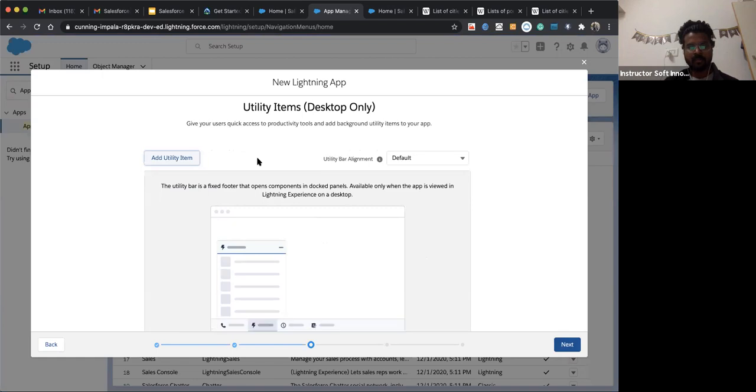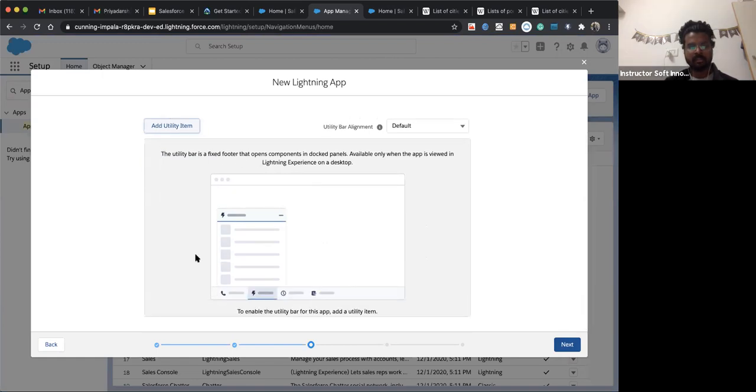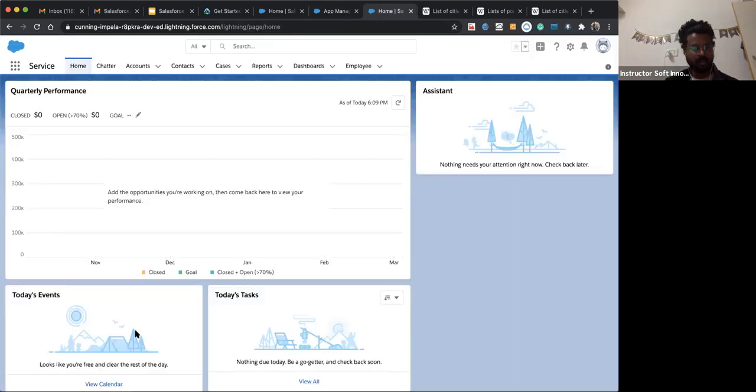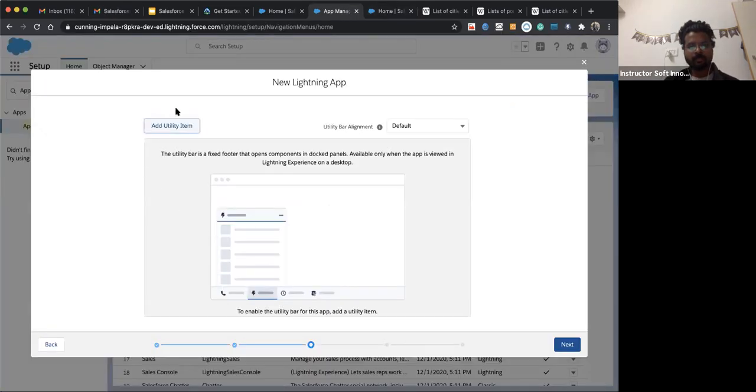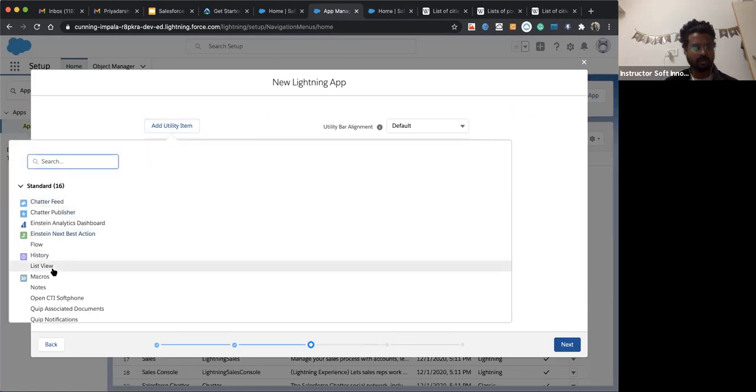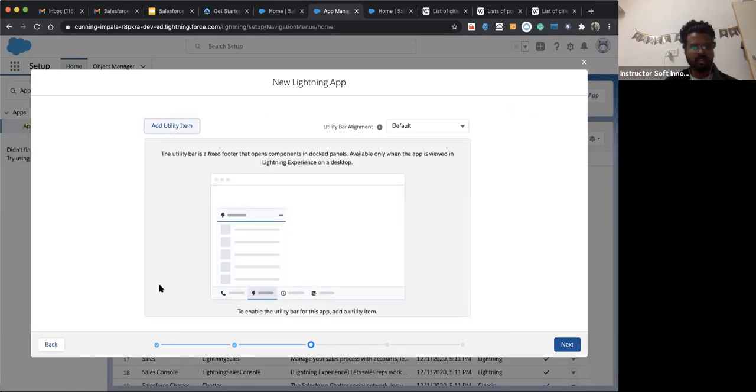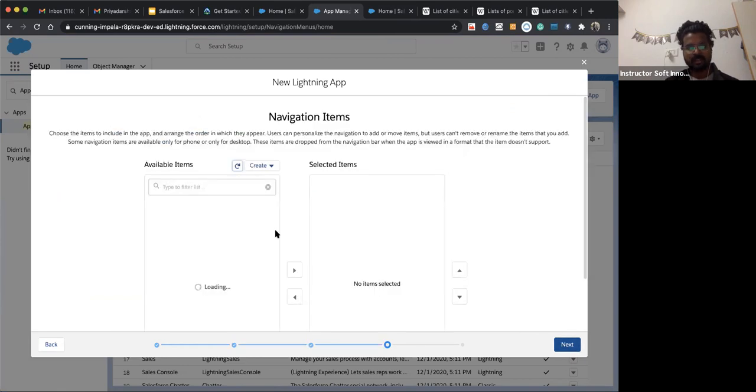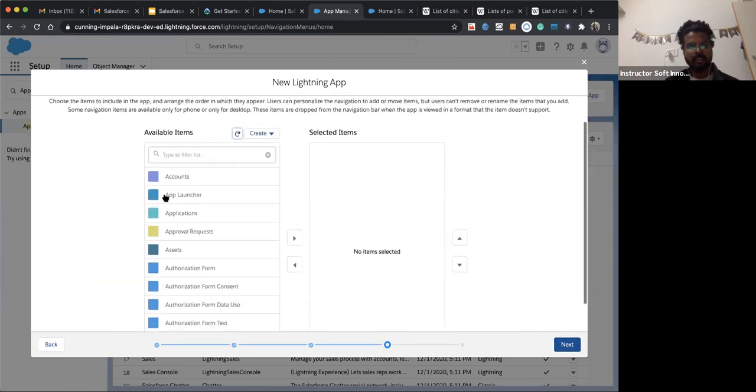And then we have utility. Utility has some small icon. We will talk about it later. Let's customize the app first, then we will add these add-ons. Next, here we choose what tabs we want available.